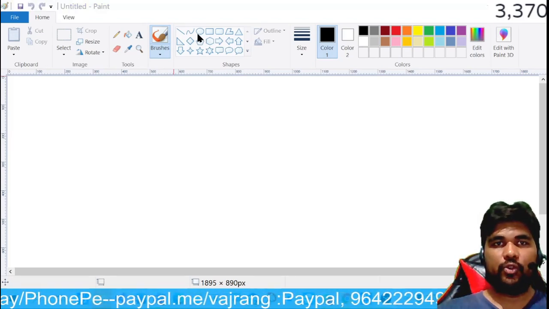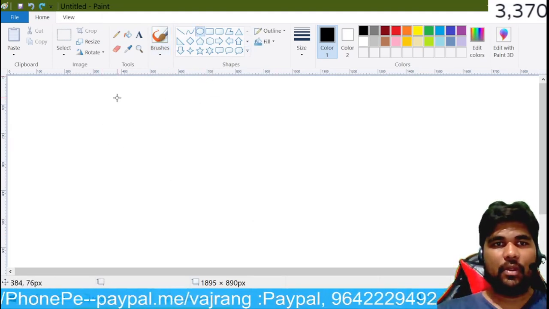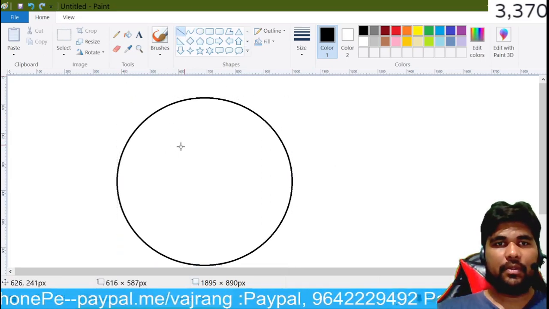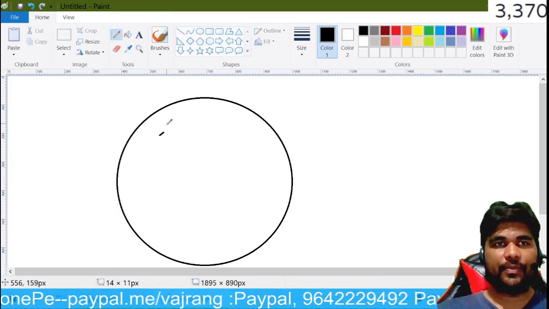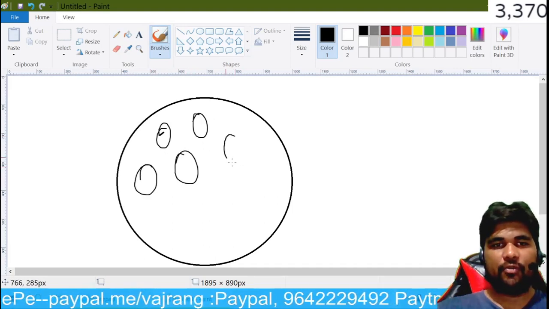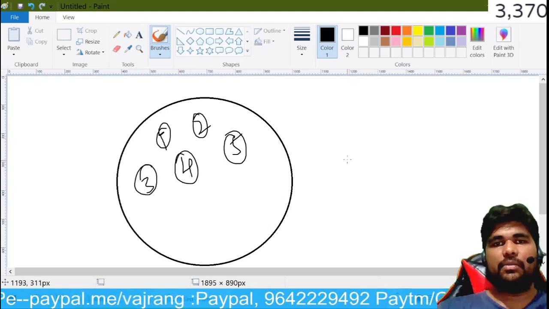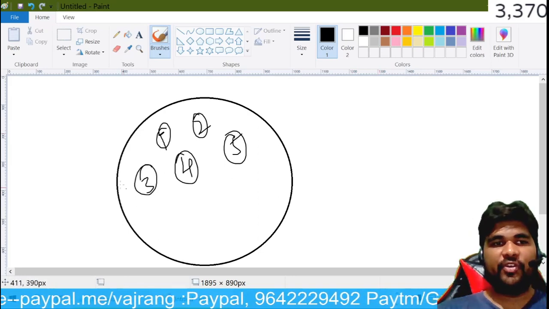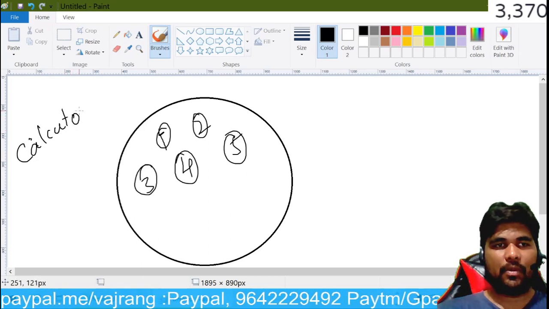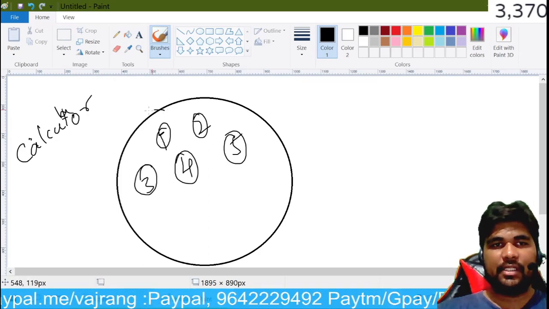To make it more clear, let's say that there are transaction items 1, 2, 3, 4, 5. We have an application called calculator, and these are the transaction data.